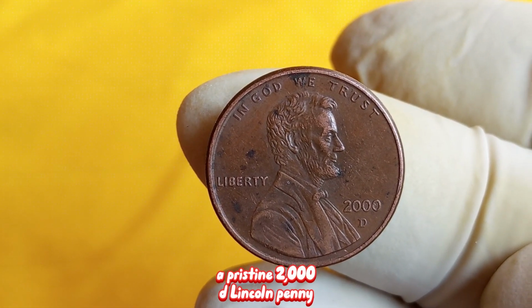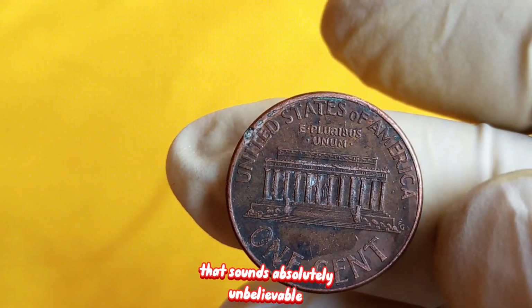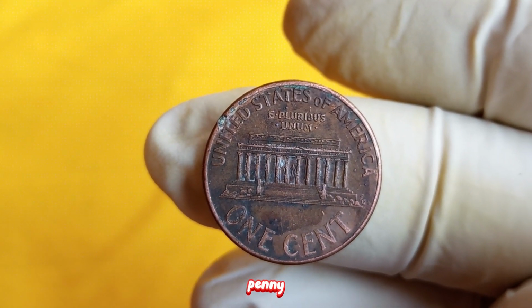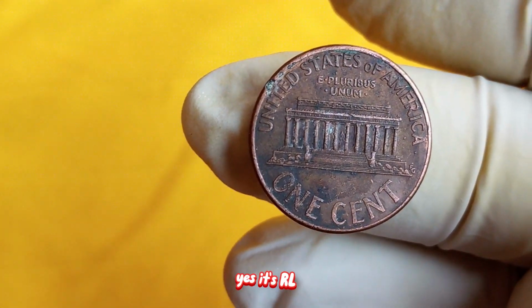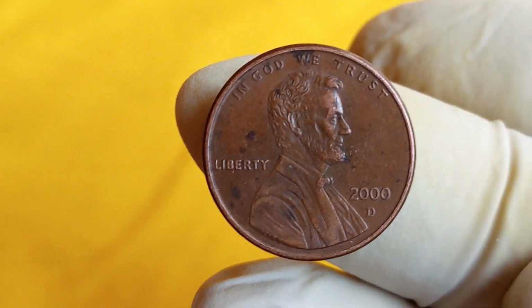A pristine 2000D Lincoln penny, with full luster and virtually no contact marks, can command a price that sounds absolutely unbelievable. A $585,345 penny? Yes, it's real. So let's talk about that massive number that has shocked collectors across the country,